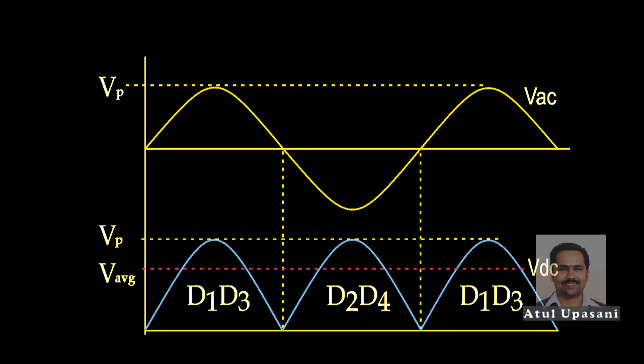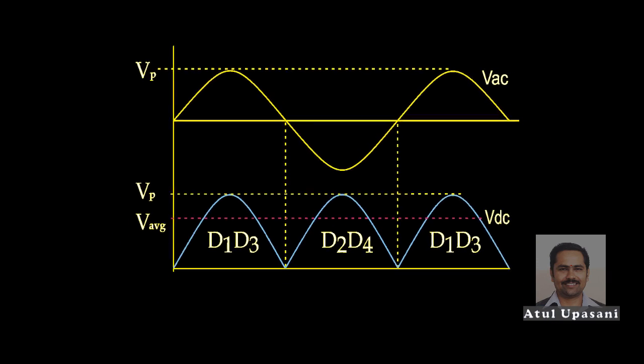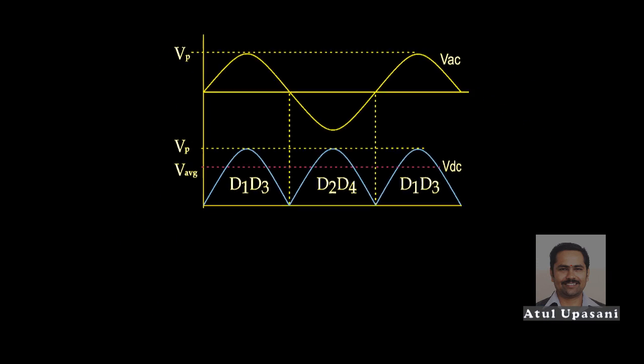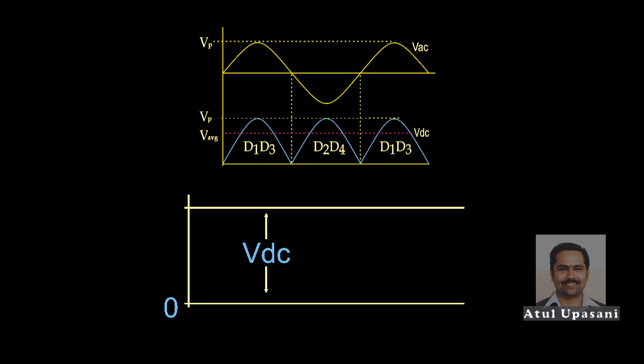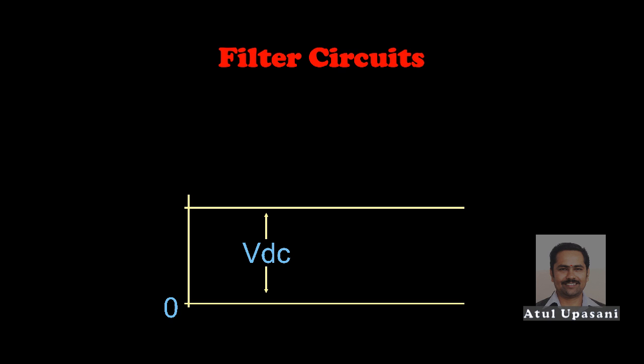When we rectify any AC voltage, we only convert AC into DC. That means bidirectional current is converted into unidirectional. But we want a straight DC line for conversion of AC into DC. So this voltage must be constant. It should be ripple free or fluctuation free. That is why this should be converted into straight DC, and this conversion can be done using the circuits which are known as filter circuits.